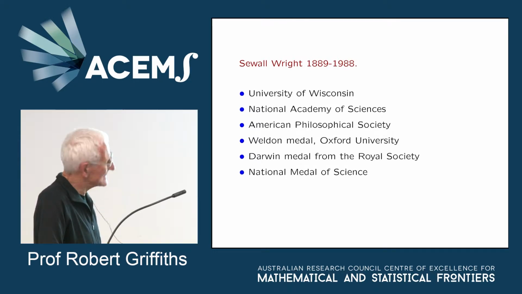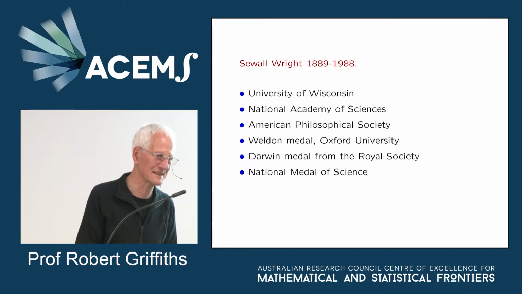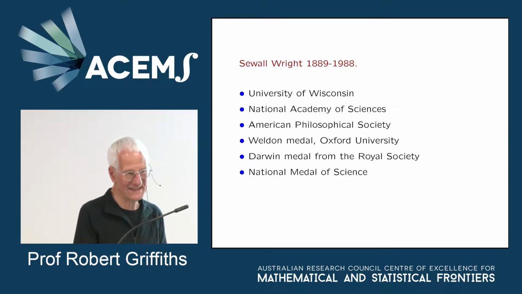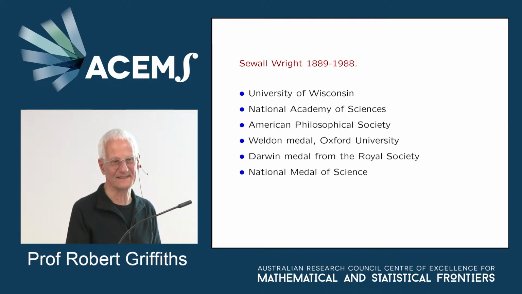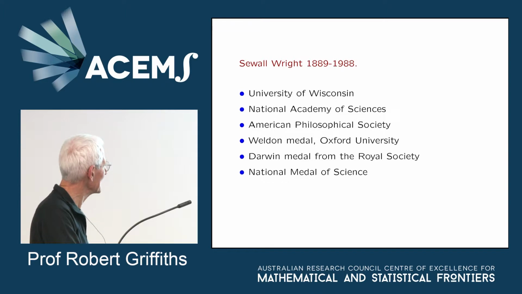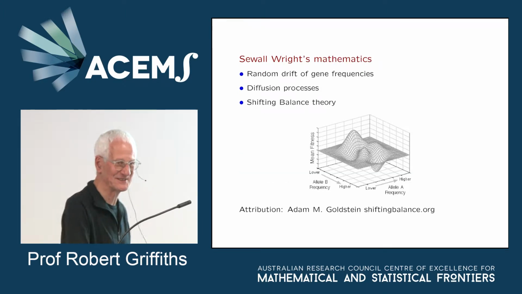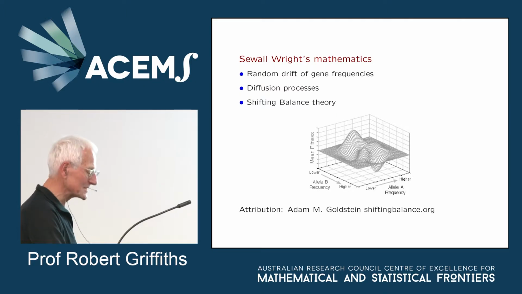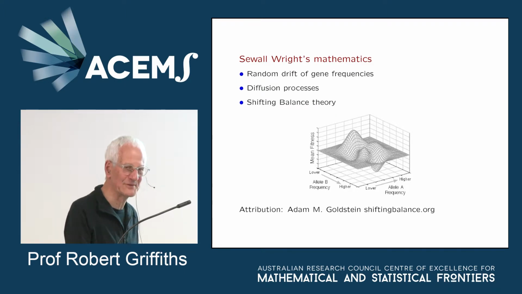In the early days, people often did lots of science. So there'd be people who did mathematics, they'd do sort of practical genetics and all sorts of things. Now, he was one of these people. He studied guinea pigs and all sorts of things like that. So what was Cyril Wright's mathematics? He was important in talking about the random drift of gene frequencies.